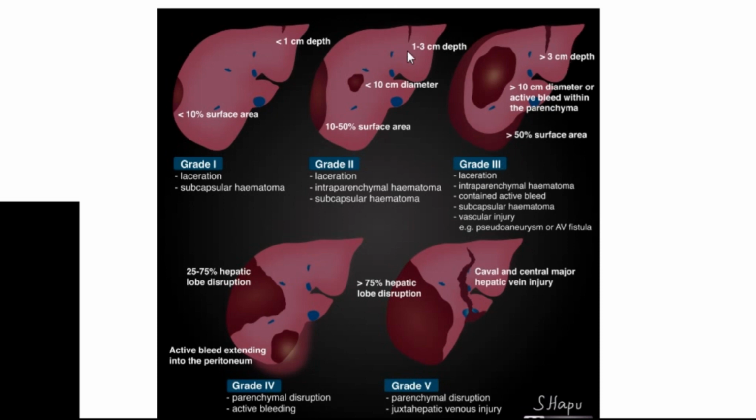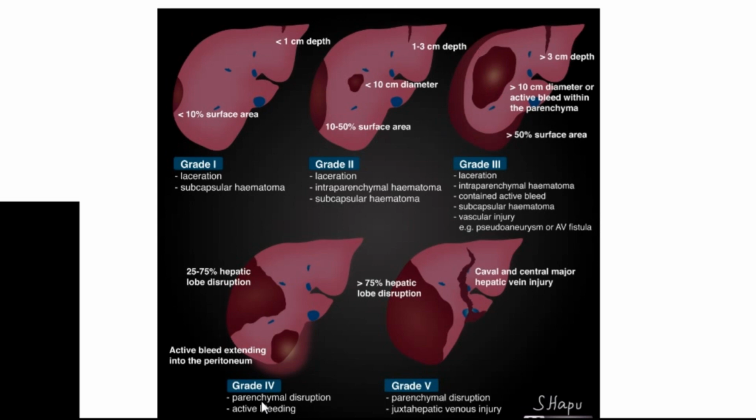If it's in between, this is grade 2. About the subcapsular hematoma, if it was less than 10% of the surface area, this is grade 1. If it was more than 50% of the surface area, it is grade 3. If it's in between 10% to 50%, this is grade 2. Of course, we could also have an intraparenchymal hematoma or a vascular injury, but it's still contained within the